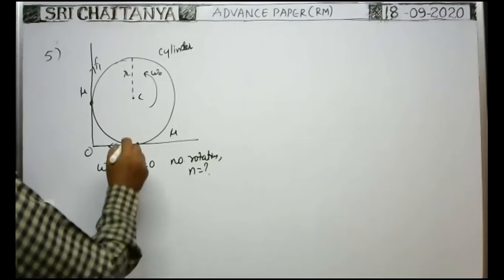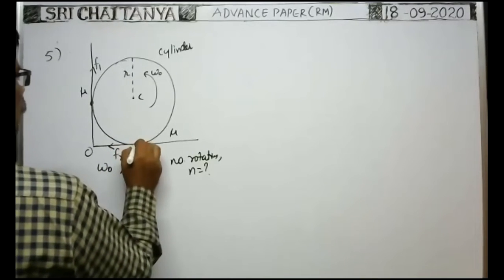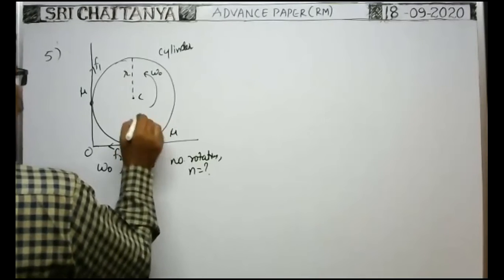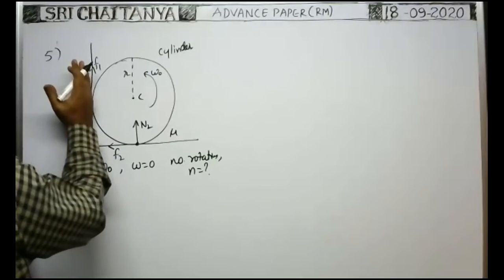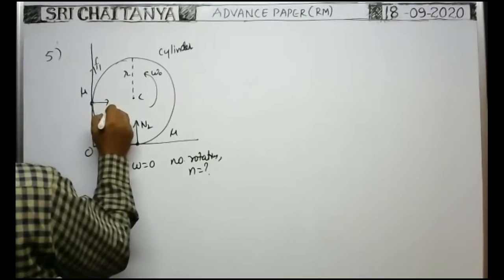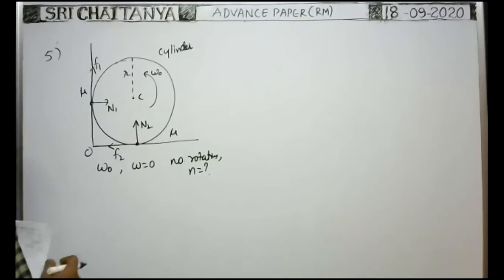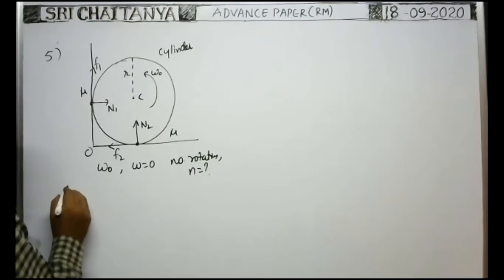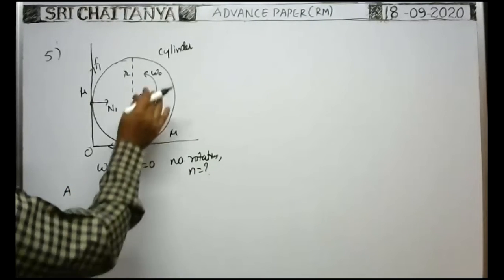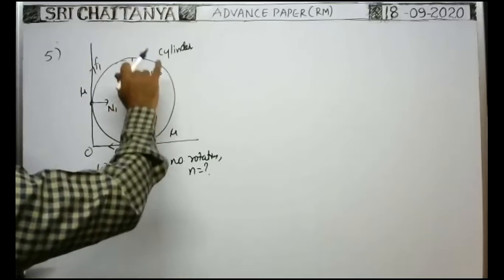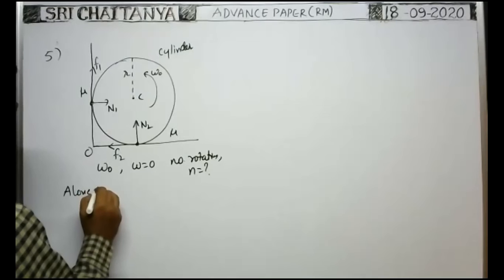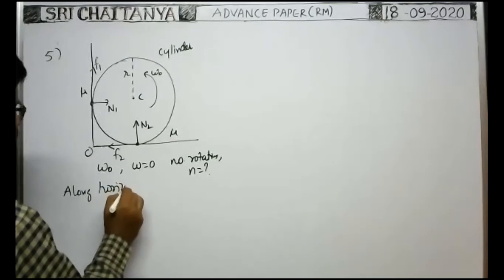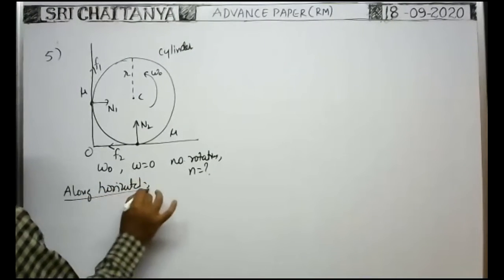Here at this point, the friction is F2, and the normal action is N2, say. As it rotates like this and makes contact with the wall, the wall exerts some normal action N1 in this direction. Along the horizontal direction, it is in equilibrium. It is only rotating at this corner. That's why along the horizontal, or along the x-axis, the net force is 0, no?